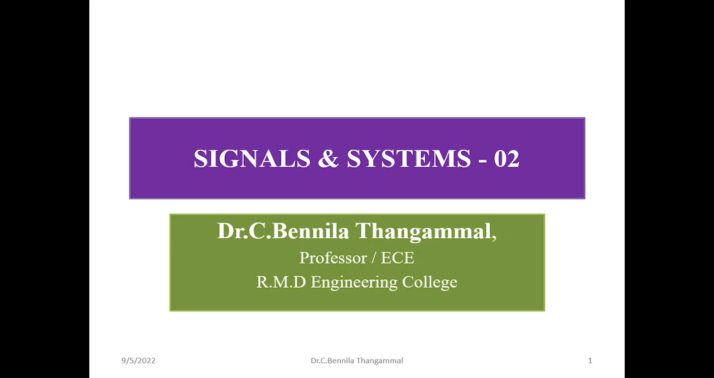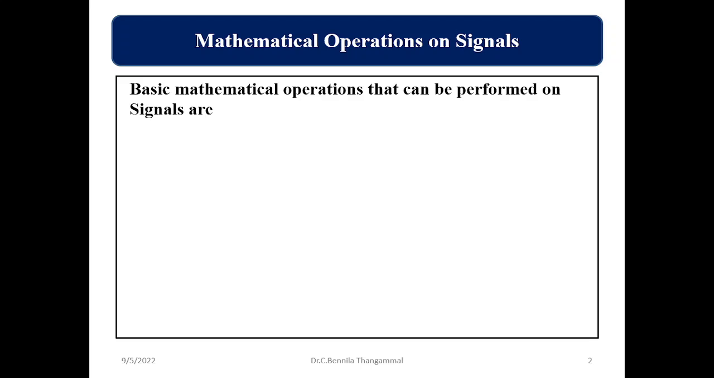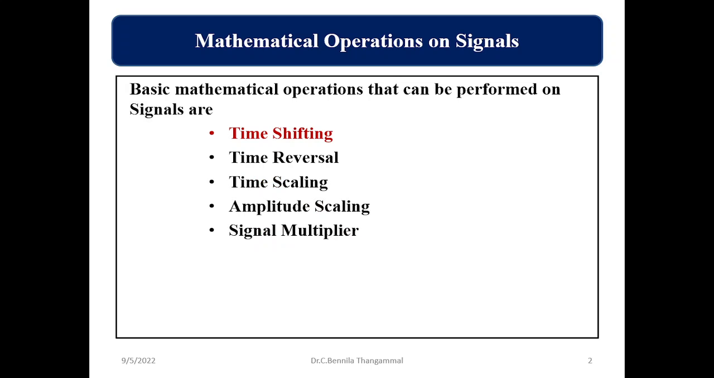So in the second lecture of Signals and Systems, you are going to see mathematical operations on signals. The basic mathematical operations that can be performed on signals are time shifting, time reversal, time scaling, amplitude scaling, signal multiplier and signal addition. In this lecture, we are going to see time shifting both in DT as well